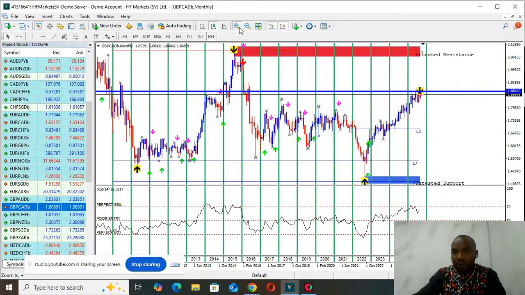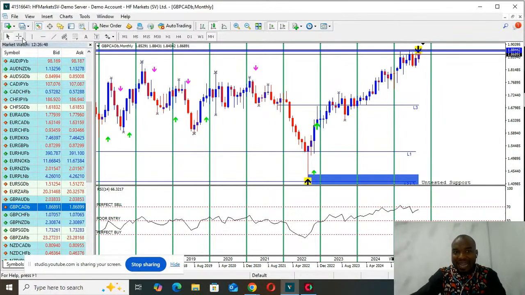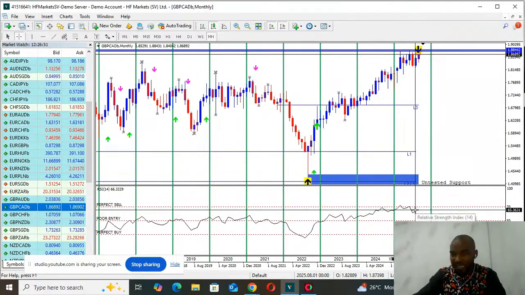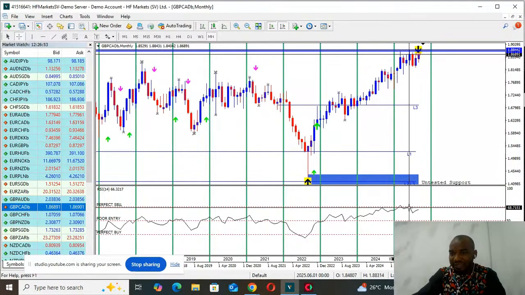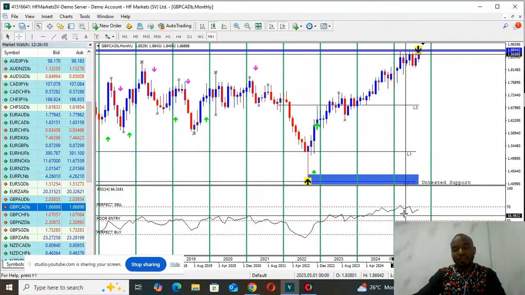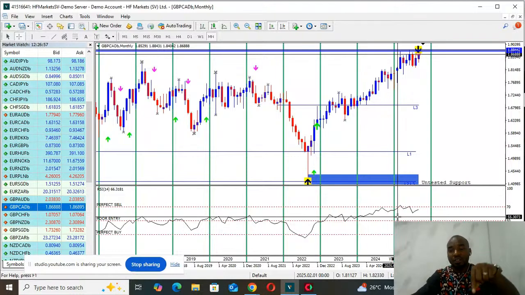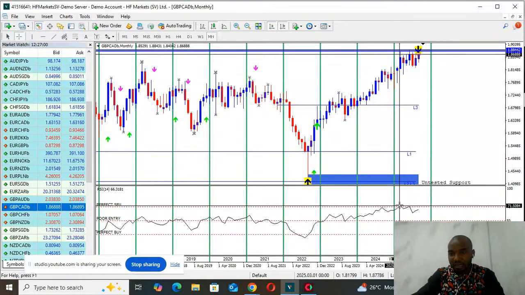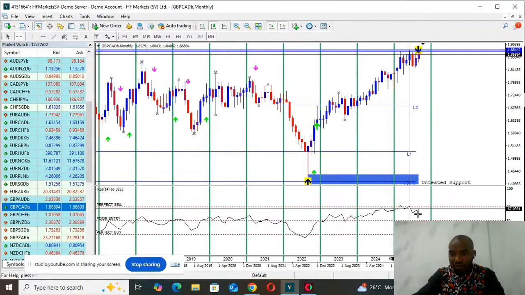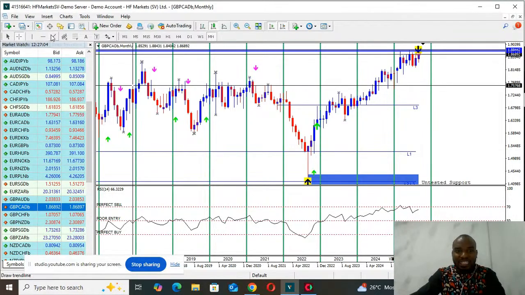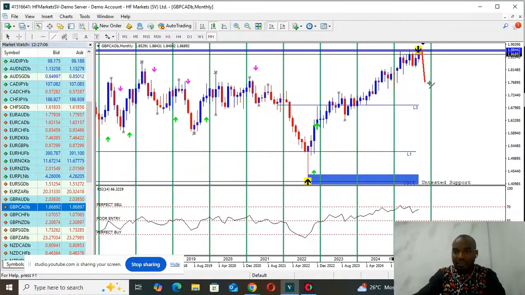You see, monthly time frame RSI has been on 70. It has done 3 touch divergence. Don't worry about that. If you come to the VIP, you understand divergence. You see, it has done 1, 2, 3. So I expect this market to sell from here down to this point, 1, then to this point, 2. That's before the year ends. But I expect it to come down to this point, at least I look at it here.